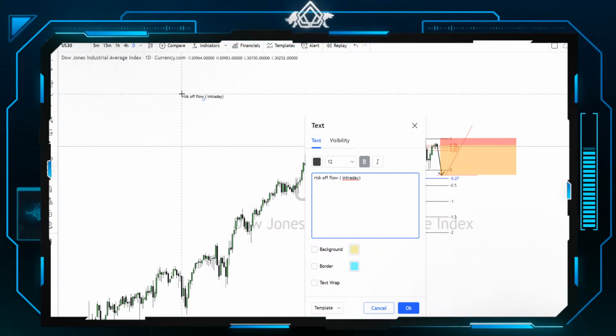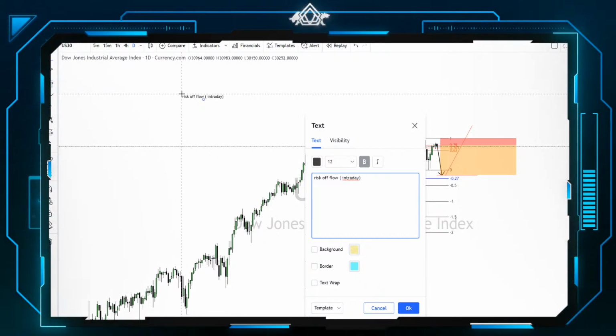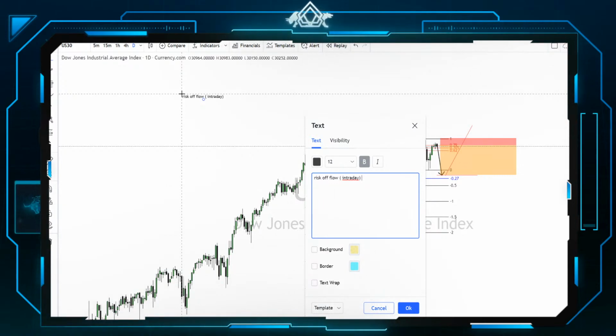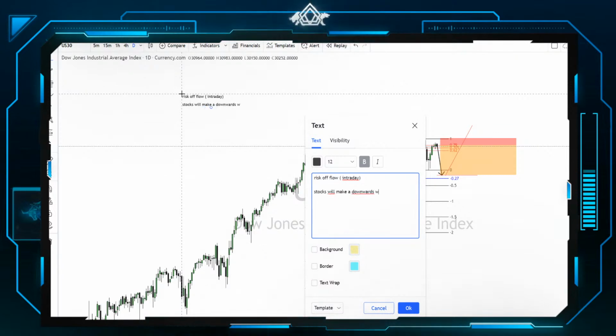It can mean that some sell orders are being placed on plus, which the volumes are higher than the buyers, and then we can just go down, or just algorithmic wise that we can go back to those volume levels. So if the risk off flow on an intraday perspective happens, that basically means that the stocks will make a downwards move,